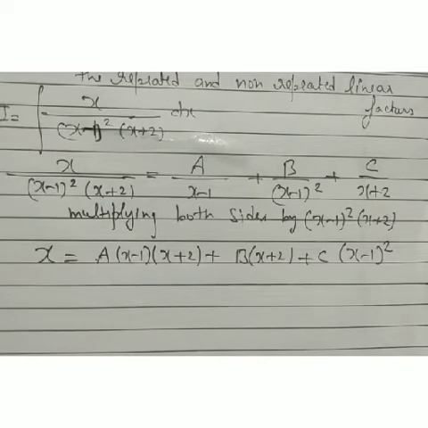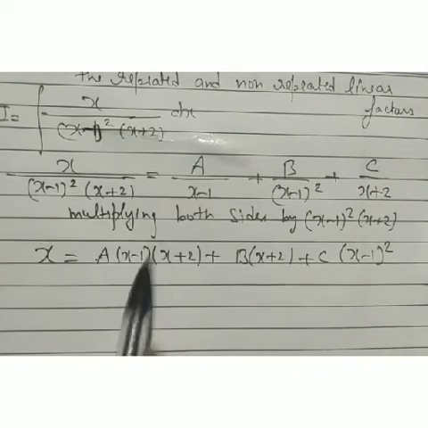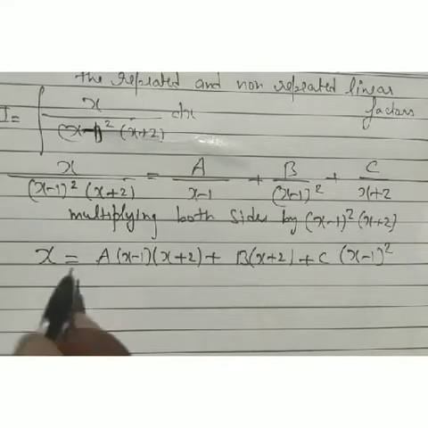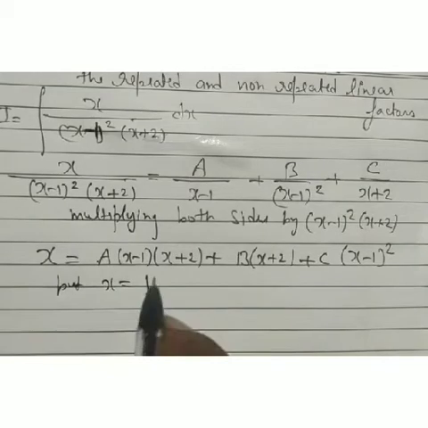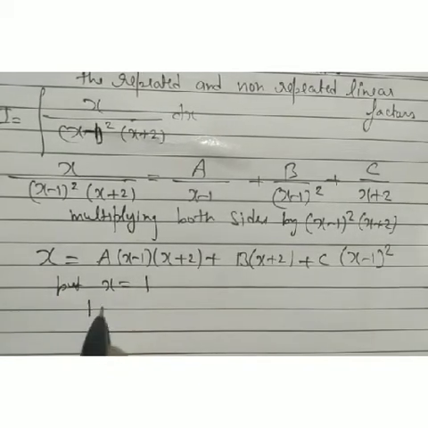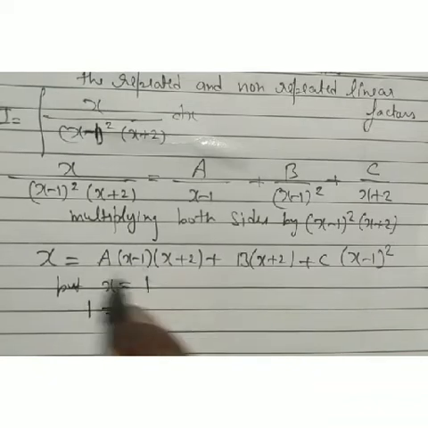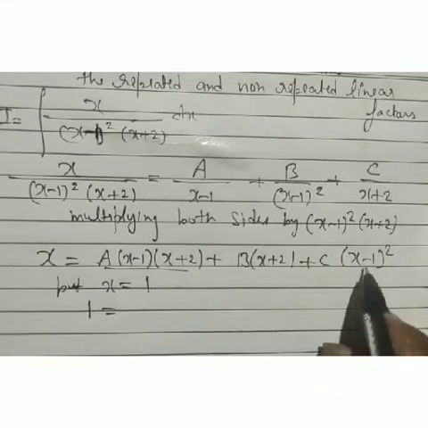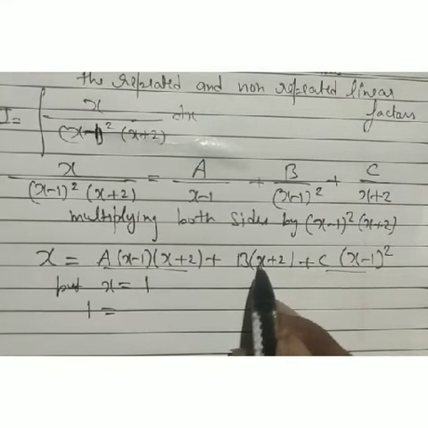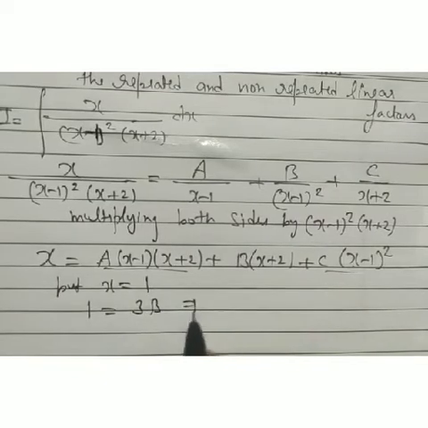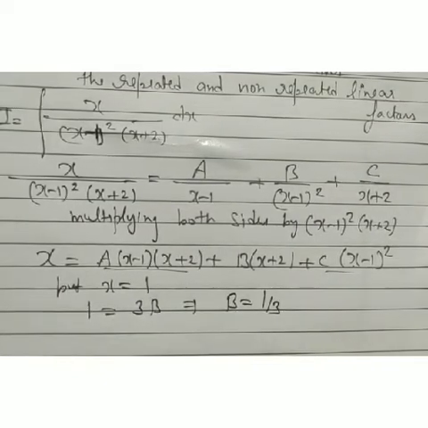Now what we do, we are going to find out the values by zeros. Look, our zeros are x equal to 1 and x equal to minus 2. Now first of all, using zeros there, put x equal to 1. When we put x equal to 1, our left hand side is 1 there. Look, 1 minus 1 is 0, this part is 0 there, and 1 minus 1, this part is also 0 there. Then we just have 1 plus 2, 3B, then we have 3B equal to 1, then the value of B is 1 by 3.